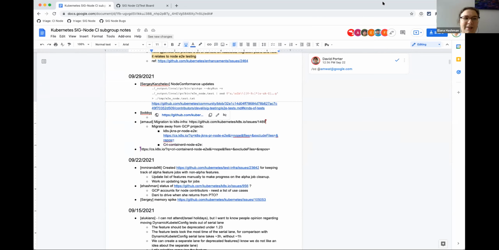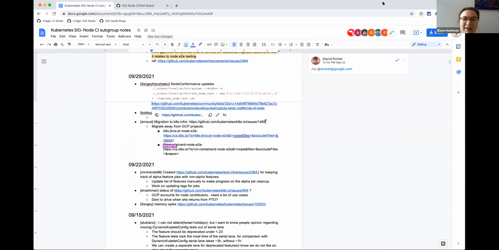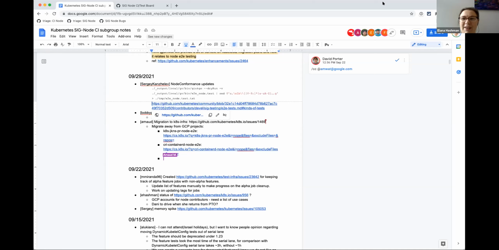Specifically, the idea is you can add the end-to-end skipper to these end-to-end tests. The things tagged feature mean that it's an alpha feature. Once that goes away, they should still have this thing that says, if the feature gate is not set, skip it. I think there are a few tests that will actually go and turn feature gates on, and maybe we want to avoid that in SIG Node, because I don't know that that would be very helpful. I mean, it's really bad with dynamic kubelet config, right? So maybe we just say as a standard thing, we'll see, is the feature gate on or not? If it's not, skip.